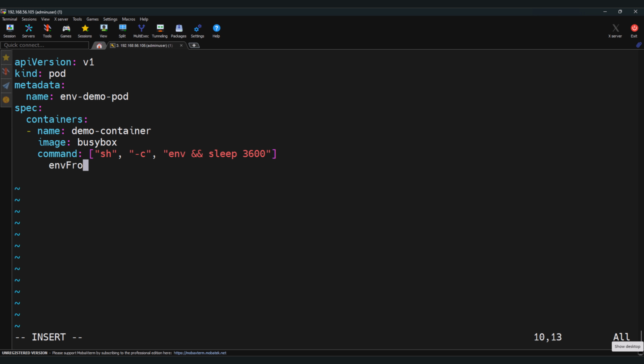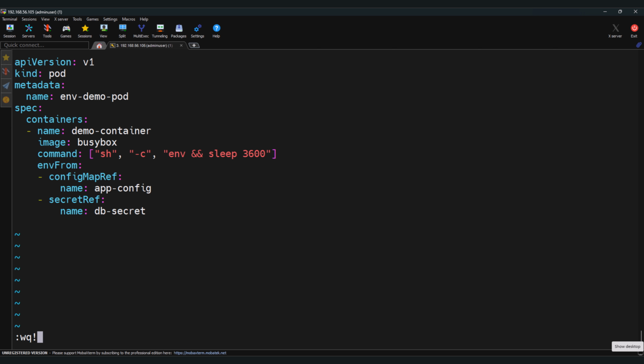Env from, here we will give ConfigMap, give the reference name will be app config, secret reference name will be db secret. Okay,